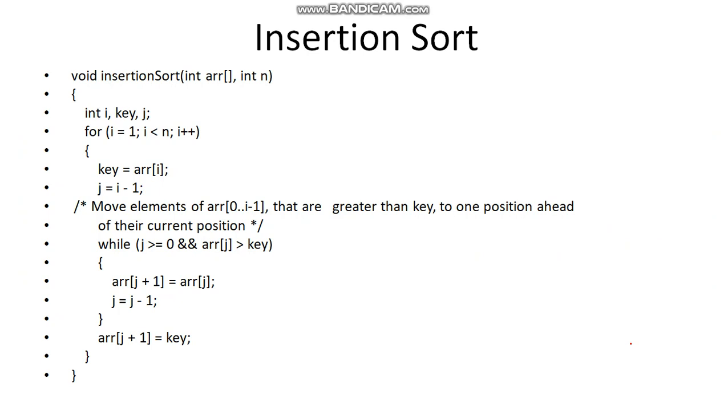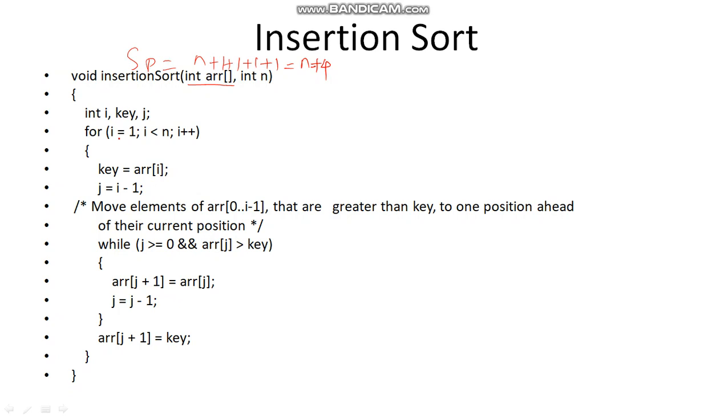So let us see the insertion sort algorithm. Here the space complexity is again the same as bubble sort, there is not much difference. The array will require n amount of space, n will require 1, i will require 1, key will require 1, j will require 1, and if there is any temporary value, that will require 1. So here it is n plus 4. This is the space complexity.